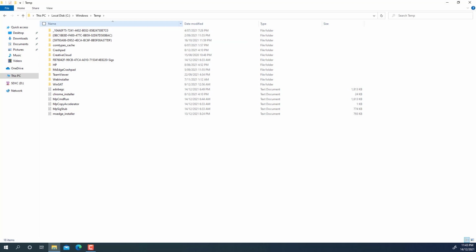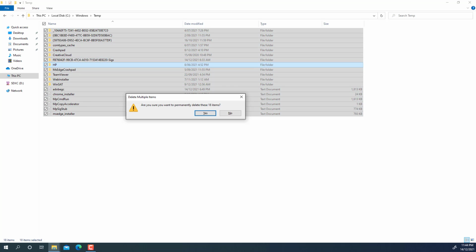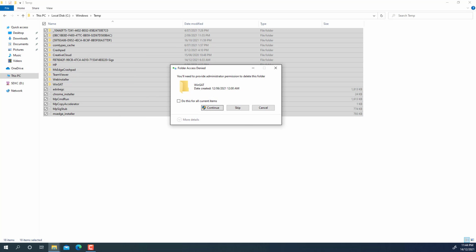Okay, so we're in the temp folder right now, so you can select all files in this folder and hit shift delete. You'll get a prompt saying, are you sure you want to permanently delete these 18 items? Hit yes, and then you will be prompted to re-enter your admin password for the computer again. So I'm gonna click on do this for all current items, hit continue,